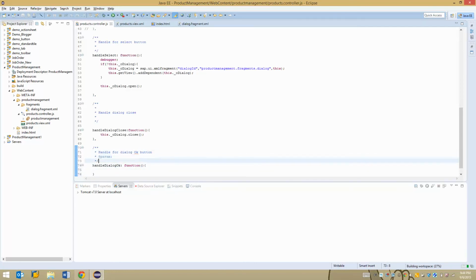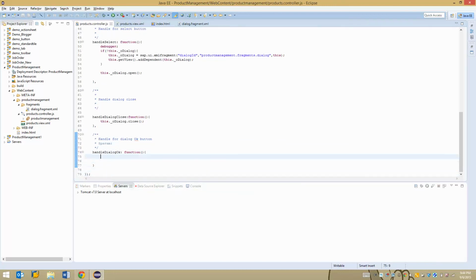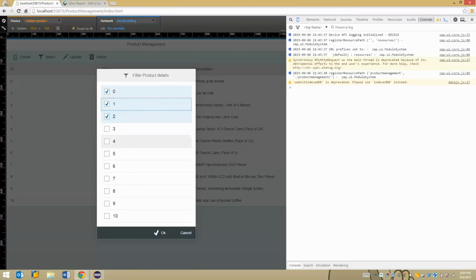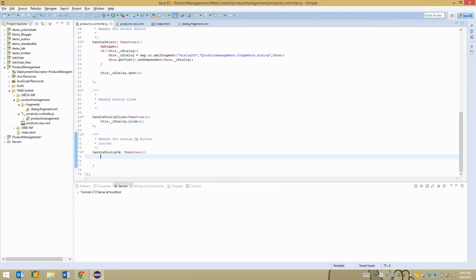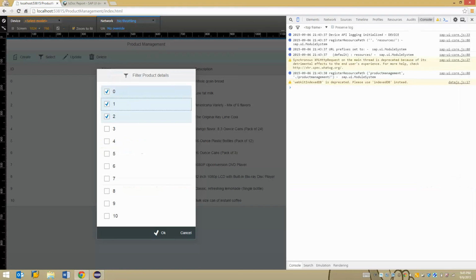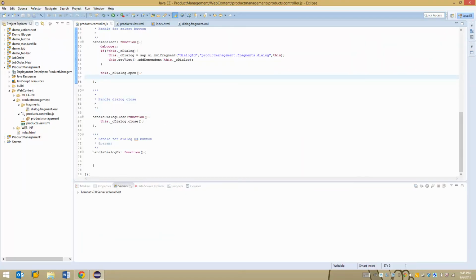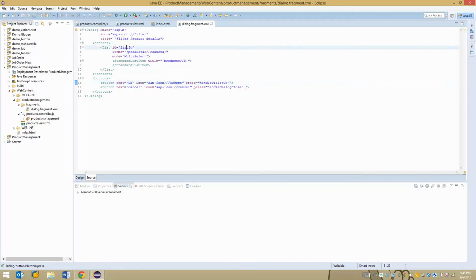Now when the user clicks on this OK button, the first thing that I wanted to do is get to know the reference of the list so that I can actually get what are the items that have been selected. So you can see that the list ID will be formed with the extension of the fragment and along with the ID that I have specified for the list. So the ID would be